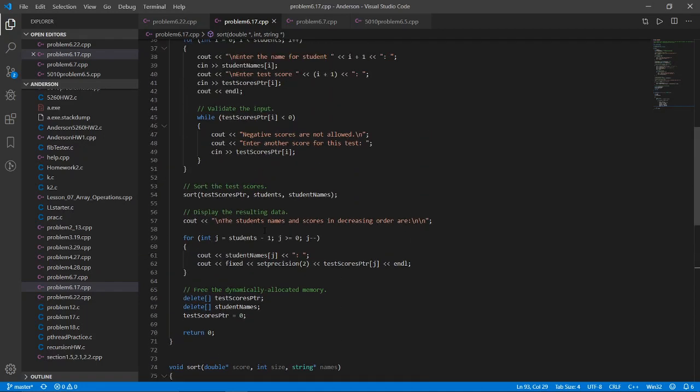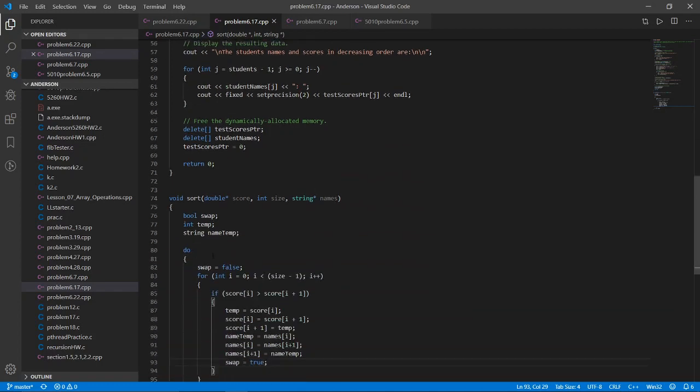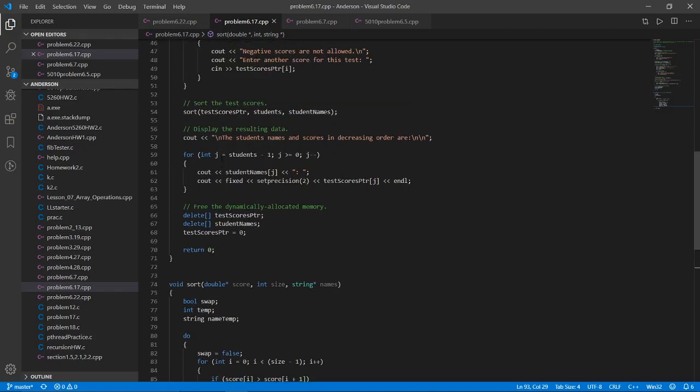So that way it stays tied to the score. Now we're back in main. Students and names and scores in decreasing order are, and because they were sorted, I actually got to this and realized I had sorted them in ascending,